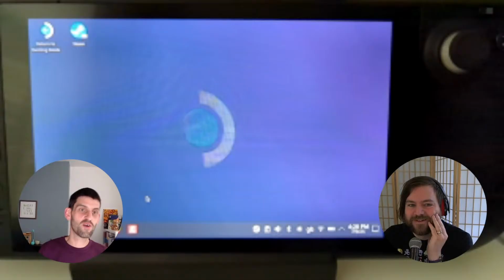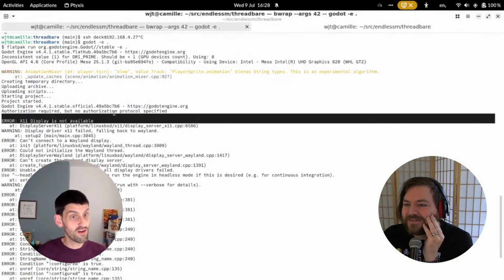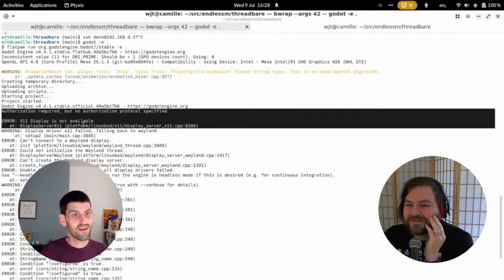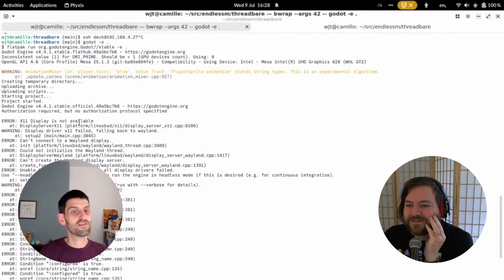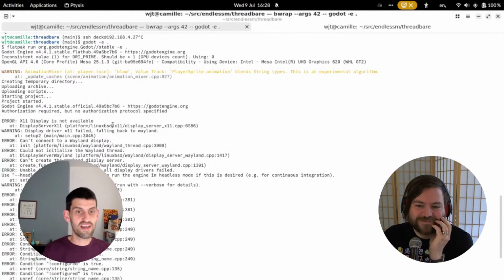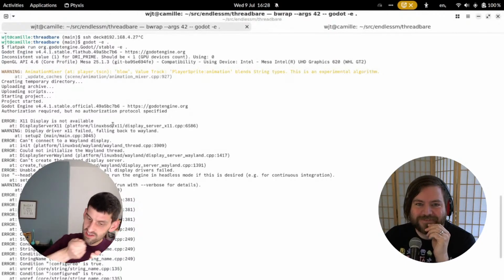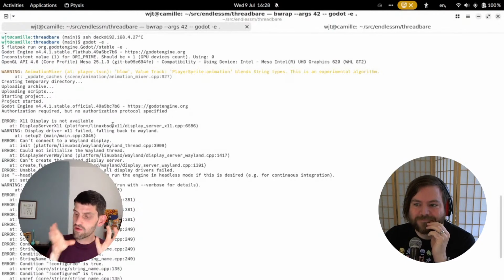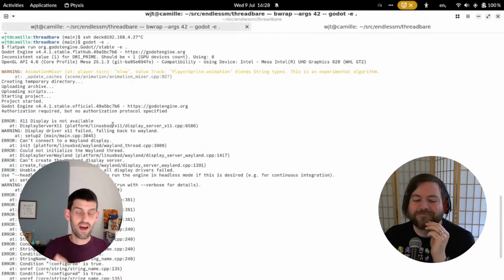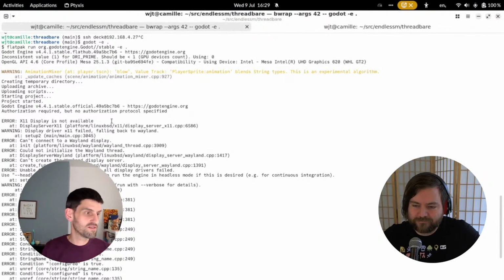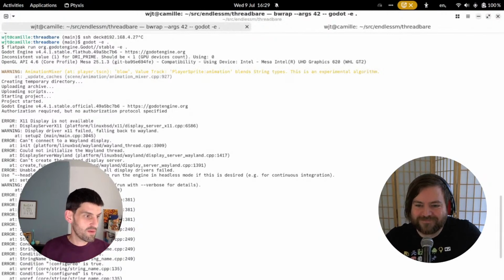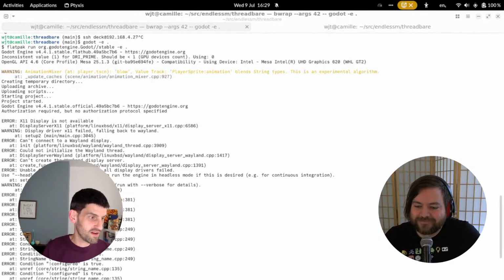And in the terminal window where I launched Godot from, we get a clue as to what's happening. It's saying the X11 display is not available. Which is to say that when I've connected over SSH, that session, that remote connection, doesn't have permission to show windows on the screen. I really don't want to spend too much time talking about this because it's very boring. But I found a workaround, which is that rather than running the game directly